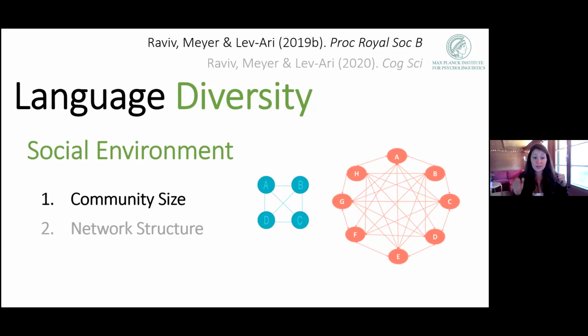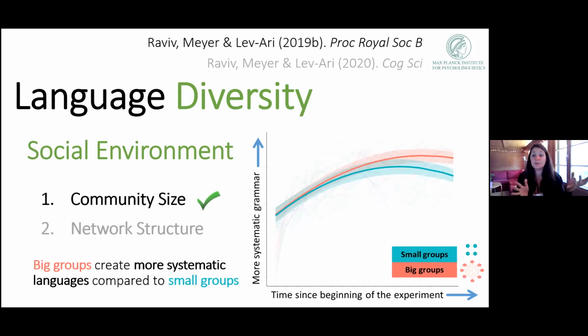But importantly, by just doubling the amount of people in the group in this kind of mini setup, we already found that it makes a significant difference to the languages that evolve. So basically what we found, and again, on the x-axis, I'm plotting time since the experiment started, and on the y-axis, the degree of systematicity. I'm not going to go into any measures. If you're interested in how we actually measured this, I'm happy to answer this at the end. But eventually what you can see is that community size affected the grammatical structure of languages such that the big groups created more systematic languages at the end, and they did this faster and more consistently.